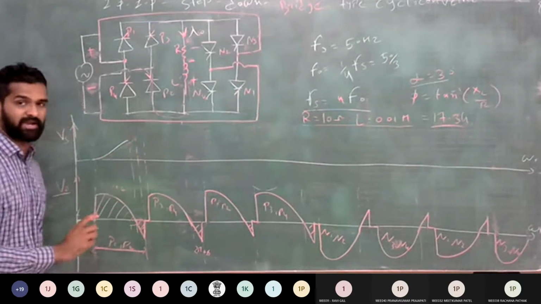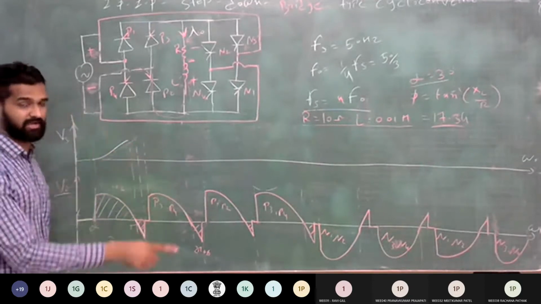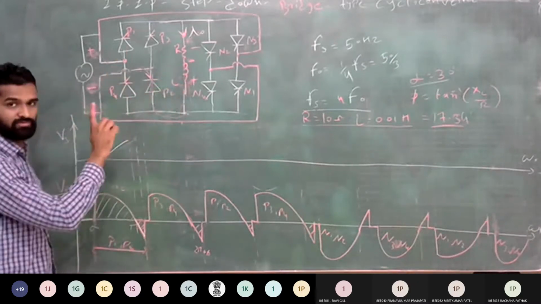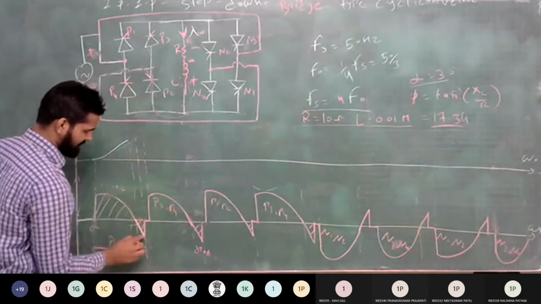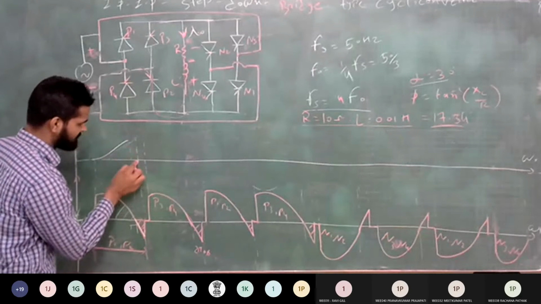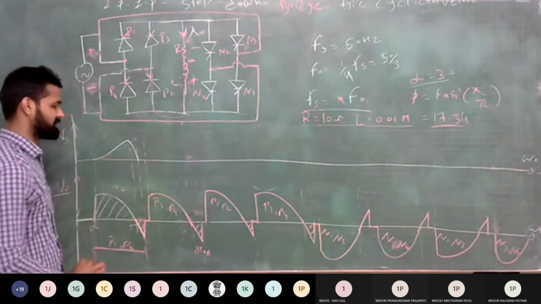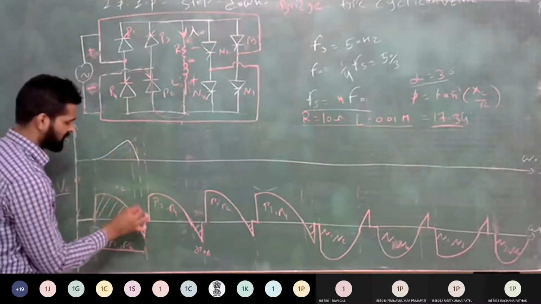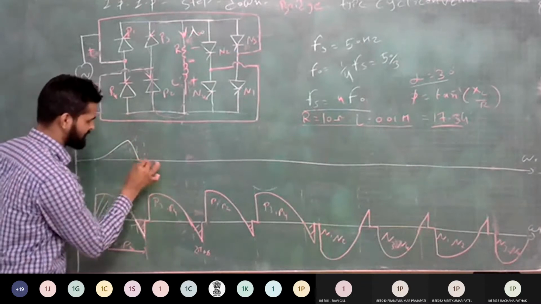Again P1 P2 is still conducting. But during this time, your inductor is discharging. It means current will discharge from this inductor through P1 and P2. So the value of current is decreasing and becomes 0 at this angle pi plus phi. When voltage is 0, current becomes 0. So from pi plus phi to pi plus alpha, your current remains 0.